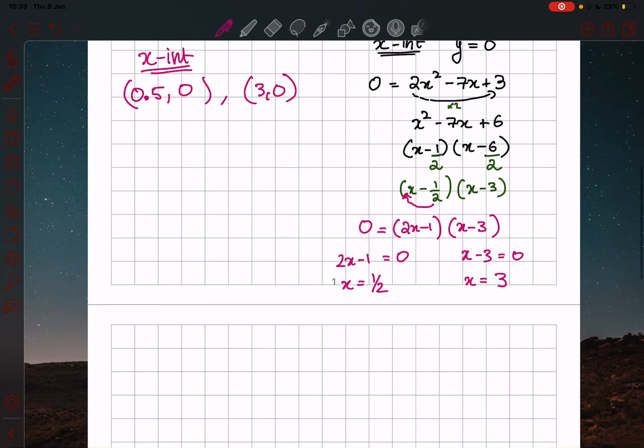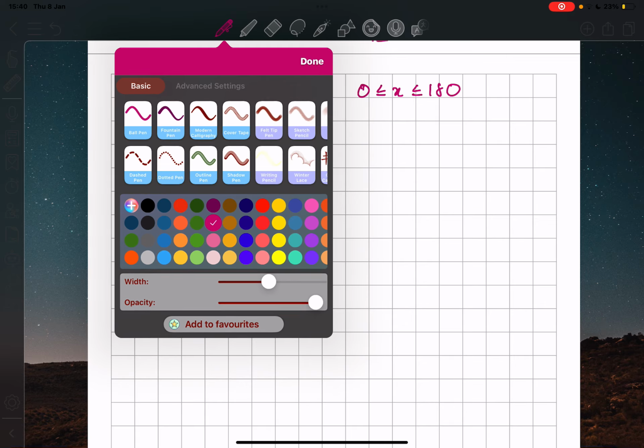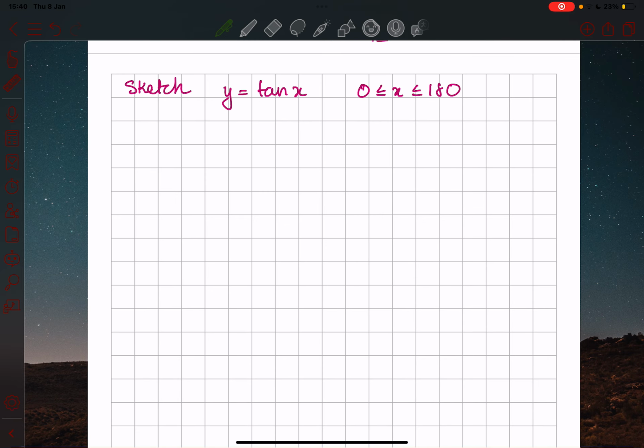Next question is, we have to sketch the graph of y equals tan x, and it is in between 0 less than x less than or equal to 180. So we know any trigonometric graph, when we're sketching the graph, the key points are multiples of 90. That is where something different usually happens. So we have 0, 90,